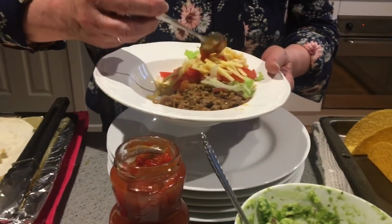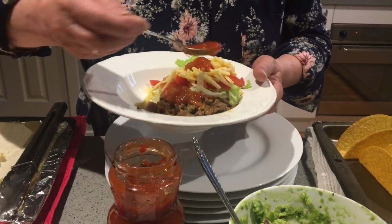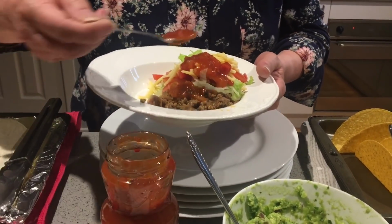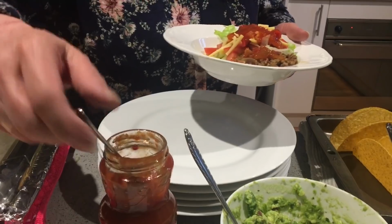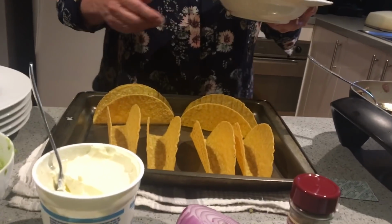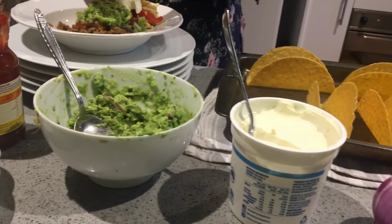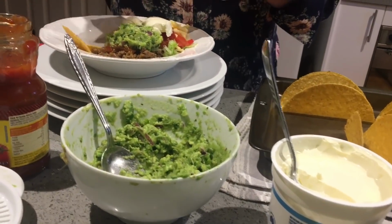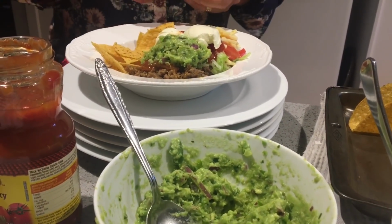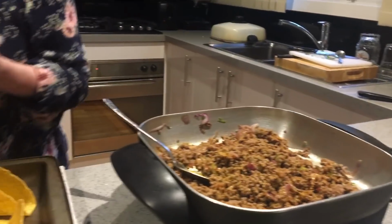Salsa. Good. Guacamole. Beautiful. And then put one of these for him. This is what I can do for him. Hard one. He can crunch. Beautiful. Like that. Okay. And then I want